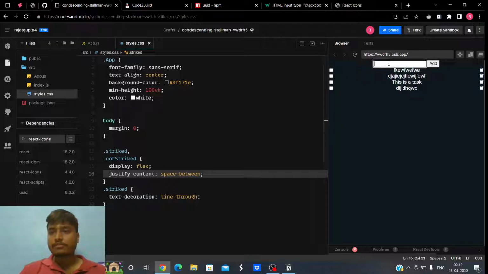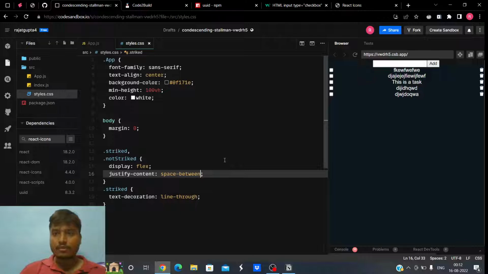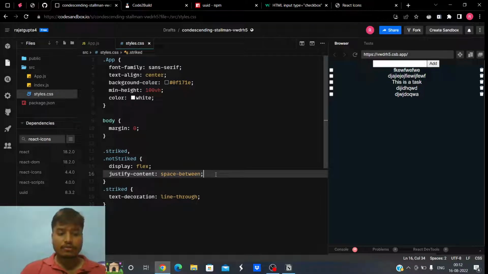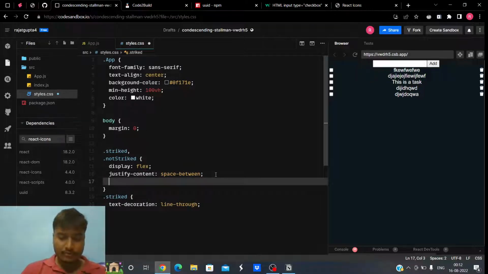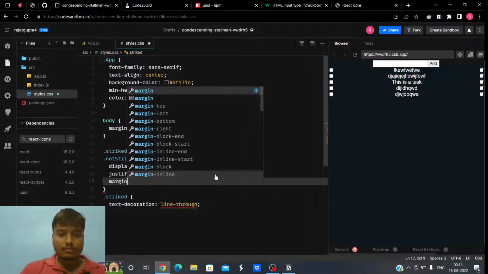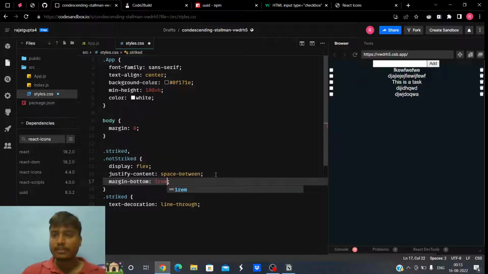Okay, so yeah, let's have some padding, so we can do it here also. We could say simply, no, we could not. We can say simply margin bottom 1 rem,